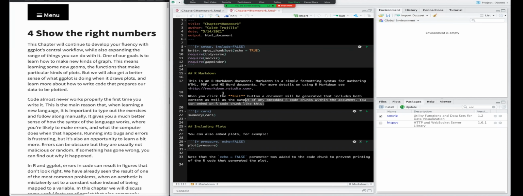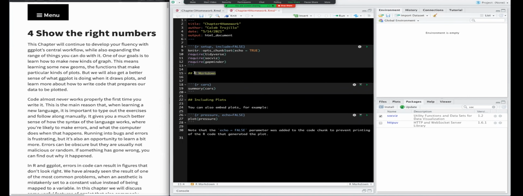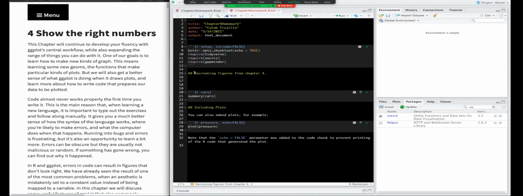Now, like we did last time, I'm going to start by just gutting this and, starting with the title here, recreating figures from chapter 4. And then I can type some plain text. First, we will remake figure 4.1. Okay, so in my first chunk here, noted by the 3 backticks at the beginning, a curly bracket,